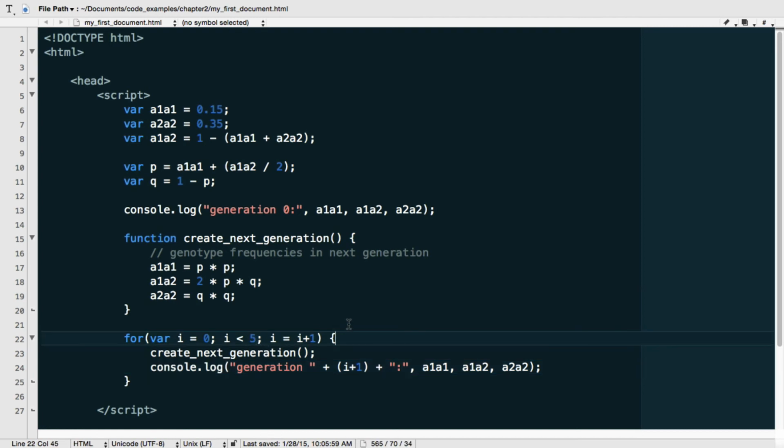So I hope you have this working in your computer, and if you have, then congratulations. So A, you implemented Hardy-Weinberg, which is already pretty neat, but B, you really implemented a nice JavaScript program here that uses a function, that uses variables, some math, and that uses iteration. And I know it sounds a little bit strange, but you've now essentially covered 90% of what there is to be known about JavaScript and about programming in general. I may be exaggerating a little bit, but it is actually quite close to the truth.